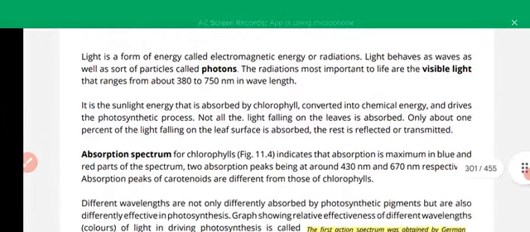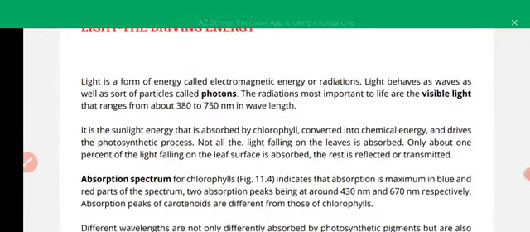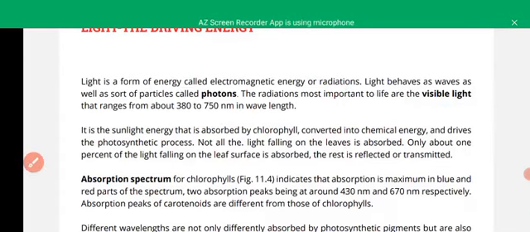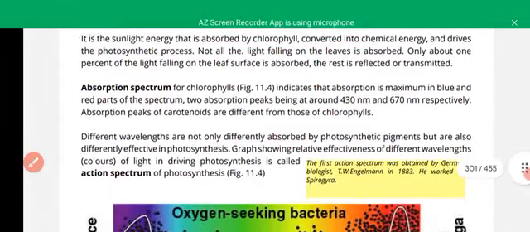Light is absorbed as radiation of energy in the form of photons. Visible light is only observed in the range of 380 to 750 nanometers in wavelength. The absorption spectrum indicates the absorption of the different